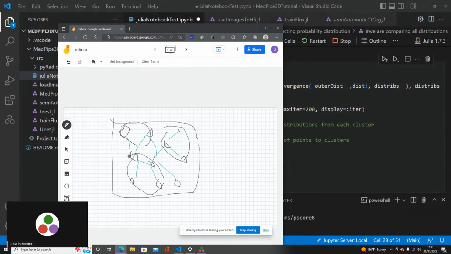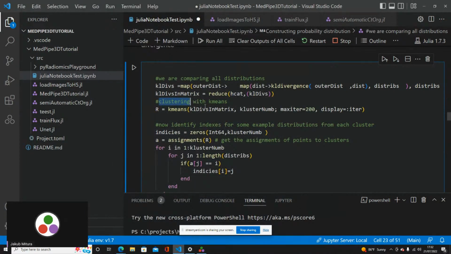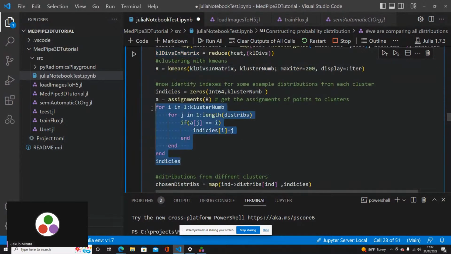Next, I choose a single probability distribution from each cluster to represent it. The idea is that if a lot of Gaussian distributions are similar, they hold the same data and are redundant. So I get rid of this redundancy by keeping only those Gaussian distributions that are the most important for the task at hand, so they are the most different from each other.